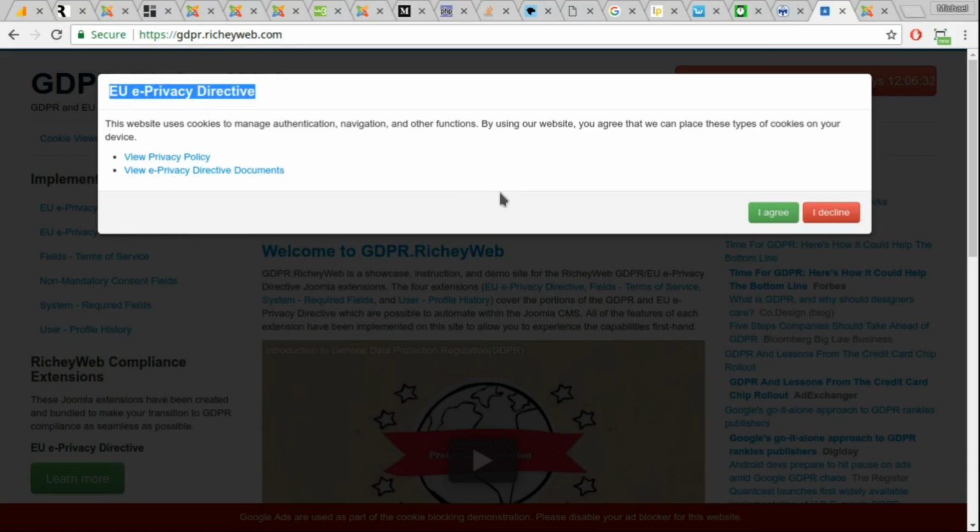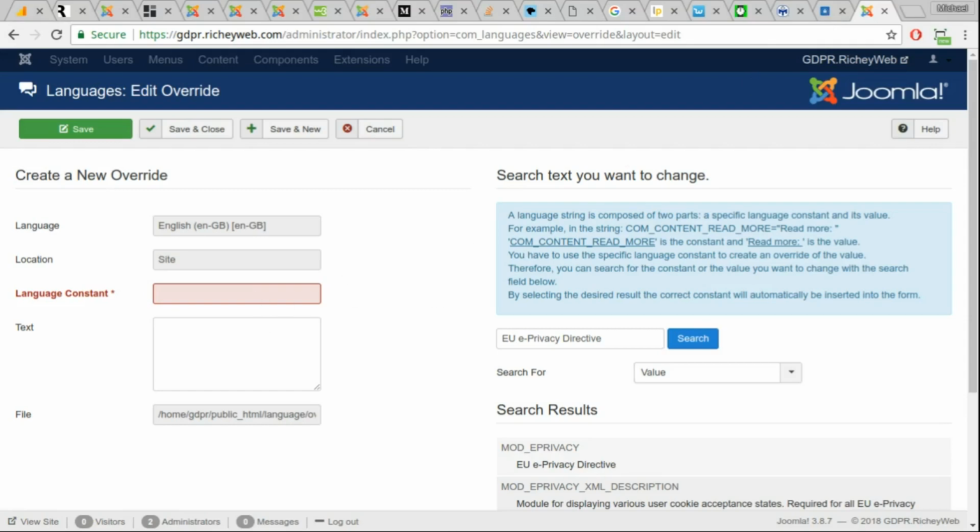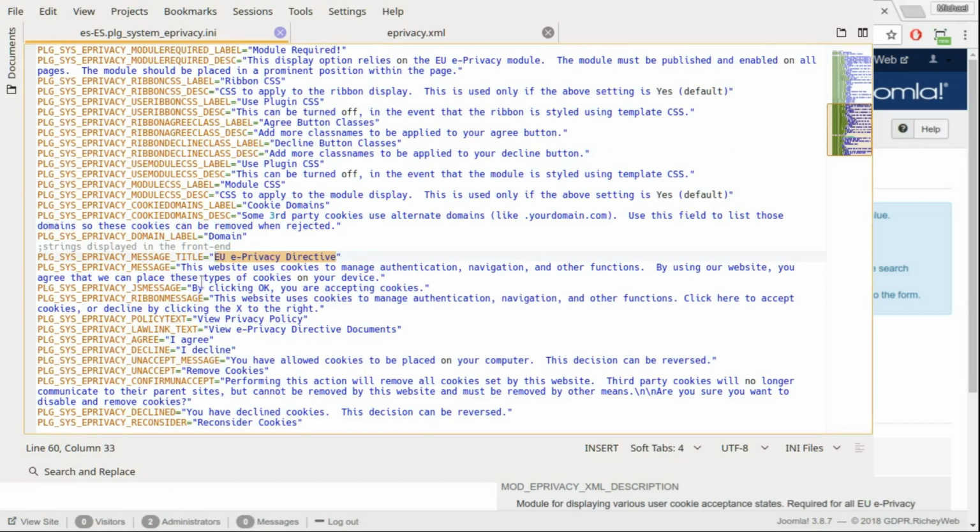It also shows up at the top of the module. It shows up as part of the system message. It's used all over the place. But that particular string that I'm looking for is plug sys ePrivacy message title. So I'm going to copy that